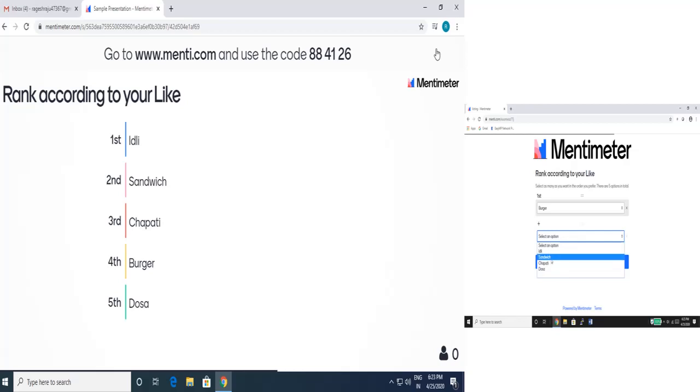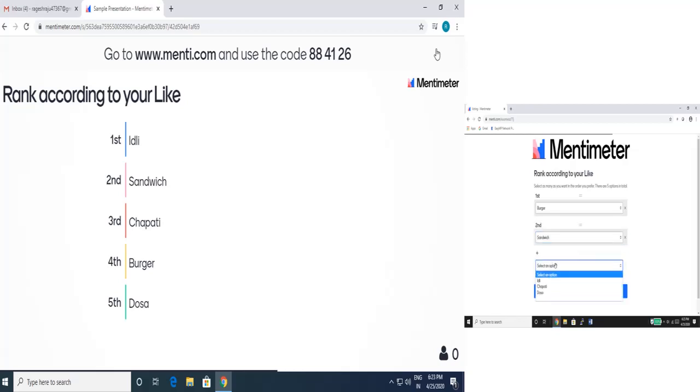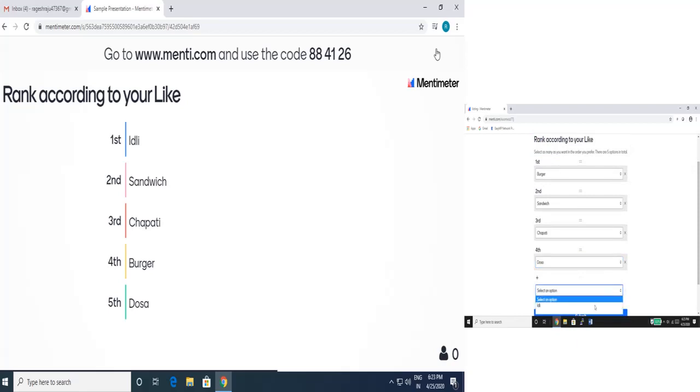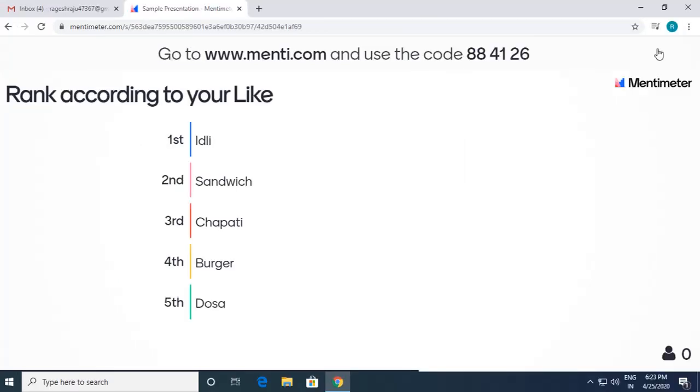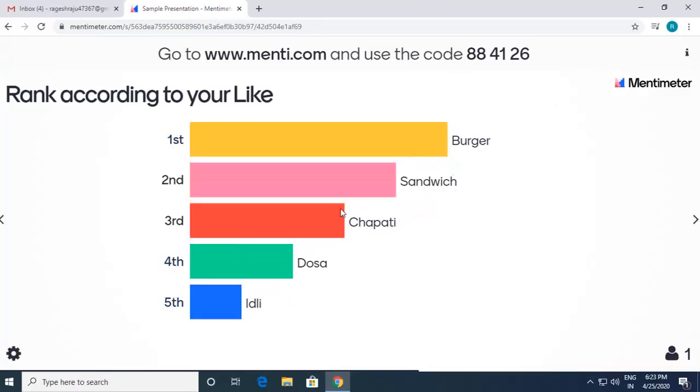Second, he selects sandwich. Third, he might select chapati, fourth dosa, and fifth idli, right? And he clicks on submit. This is how it comes: burger, sandwich, chapati, dosa, and idli. If multiple people give answers, depending on their likes, this rank will change. This is how ranking works.